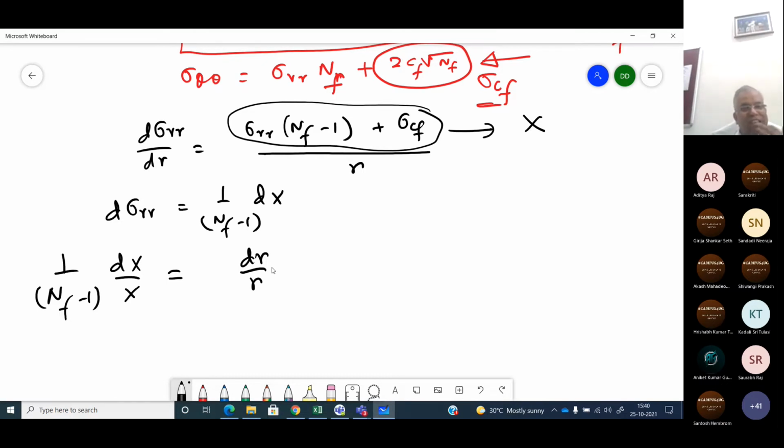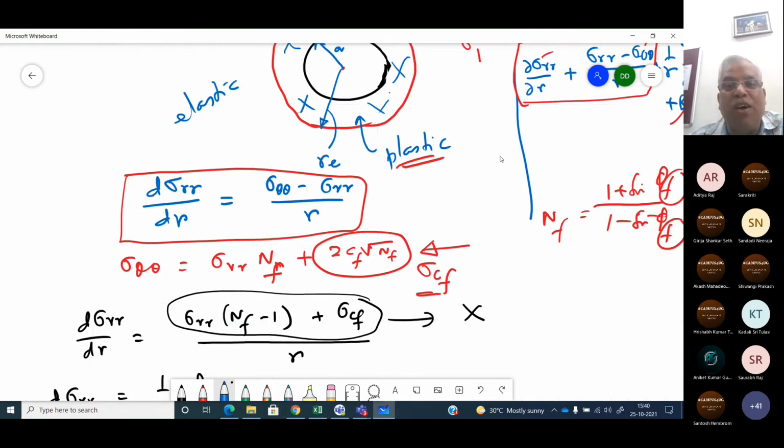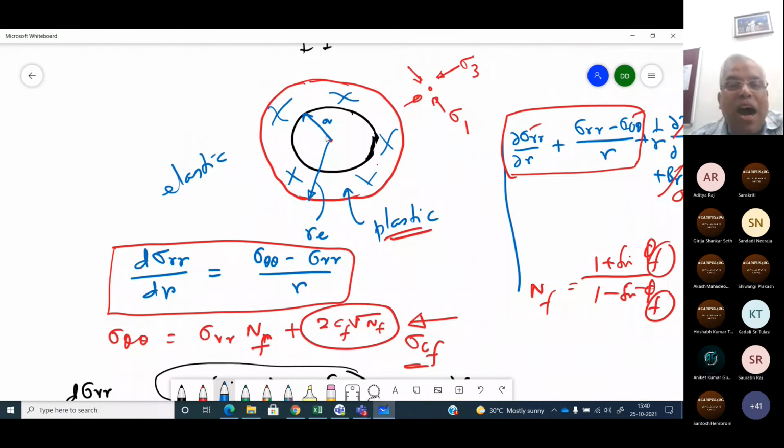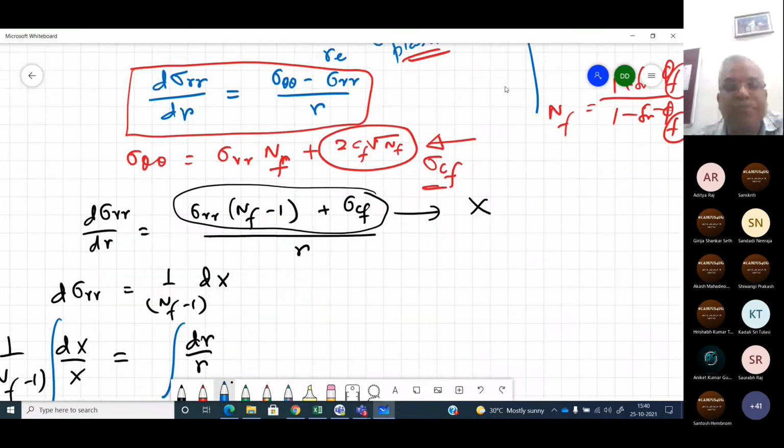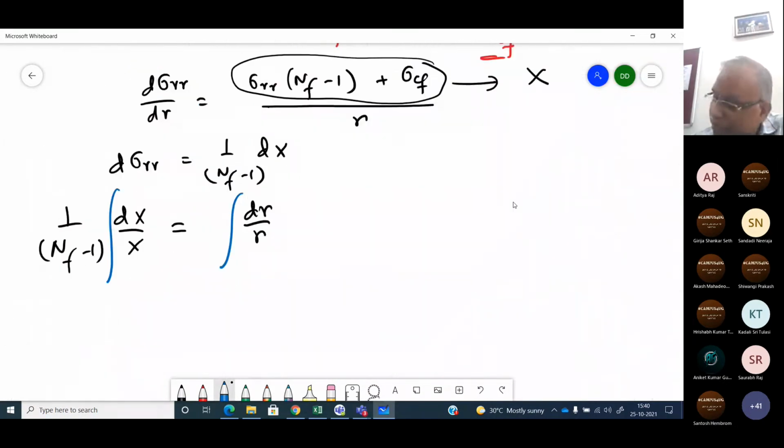Okay, everybody is with me? So I'm solving this differential equation, it is a very simple thing. Now I have to integrate it, and I'm going to put some boundary conditions. Say R is this radial distance and it is going from A to RE. Now at A,